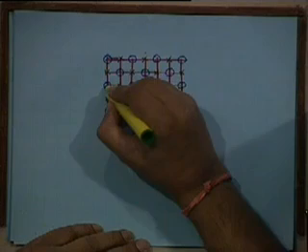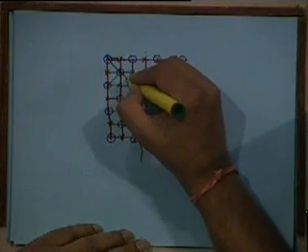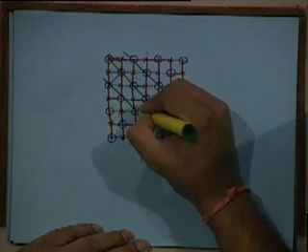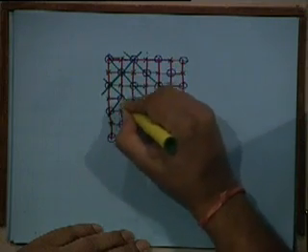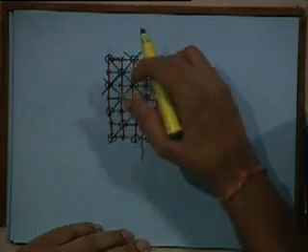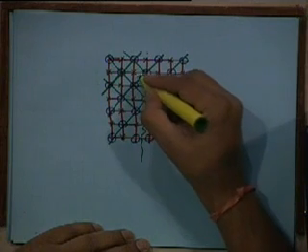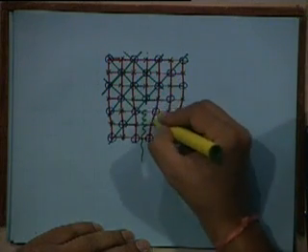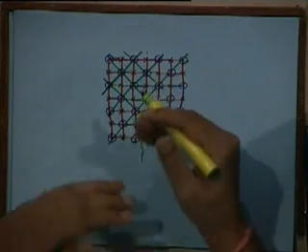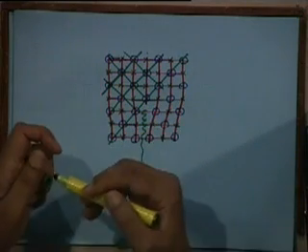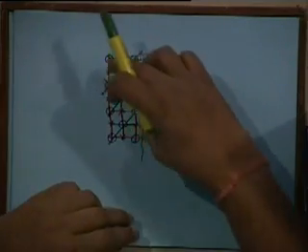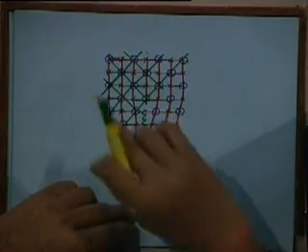But if you make the displacement like this and use this as a part plane, you can draw a similar structure starting with your cube like this. You can make a cube, make this as a part plane. You will see that when you try to make this, there is always an opposite ion in between, which is sitting here. So anions will not come close to anions, cations will not come to cations. It is only the opposite charges that will remain together. Please make this picture yourself with this orientation and make this as a part plane and see what happens.